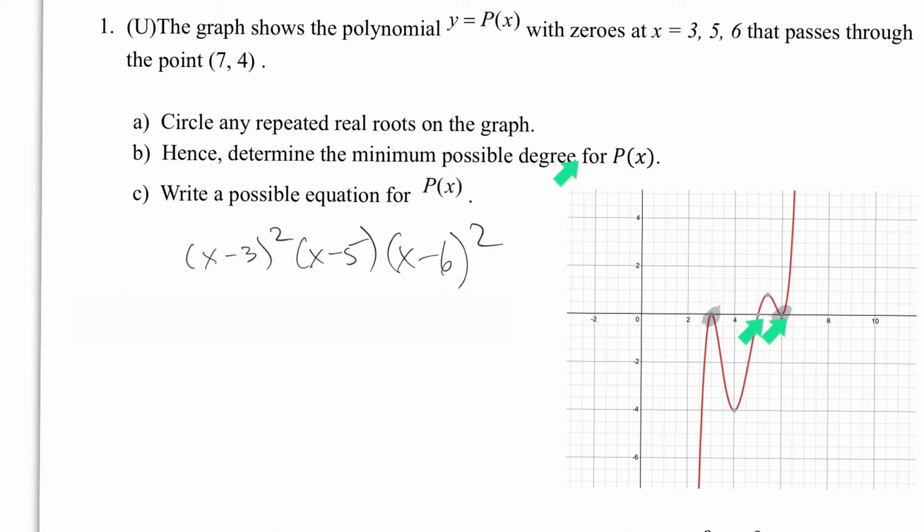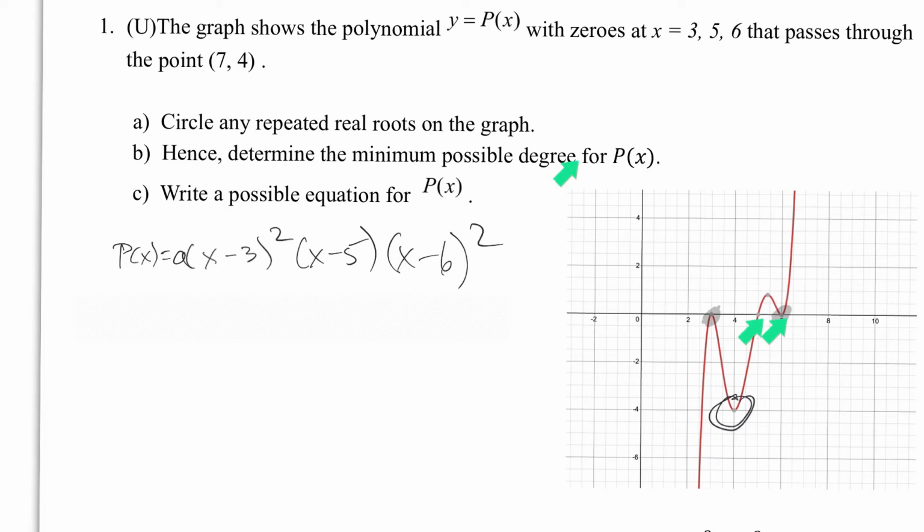So now the question is, what the heck is the equation of this? Well, I'm going to go ahead and say this is, actually I should write this as p of x just to be proper. So we'll say p of x is equal to a times this. Okay, but we see this point down here, over here, that's 4, negative 4. So what I'm going to do is I'm going to plug in negative 4